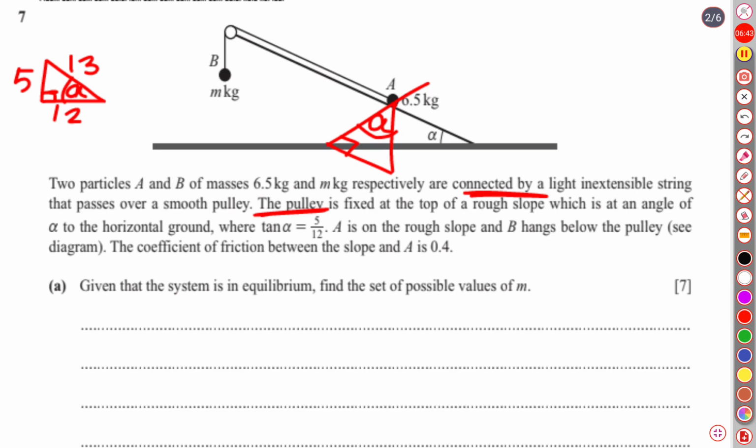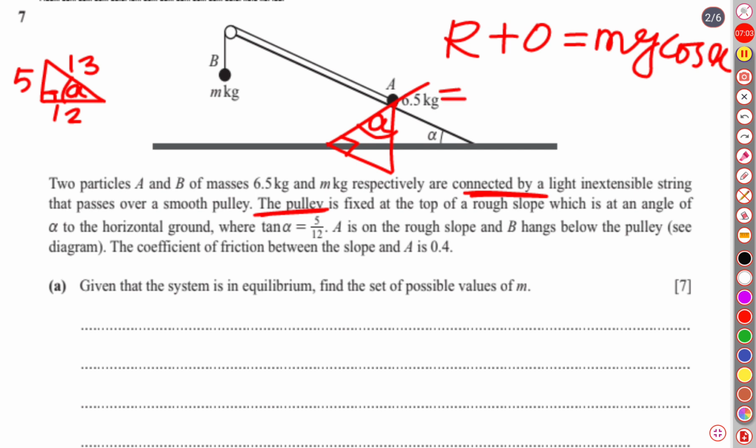Normal reaction is R, plus there are no upward forces acting on particle A, so the upward force is 0 and the downward force is mg cos alpha. Or R is going to be the mass of particle A, which is 6.5, so 6.5 into 10,